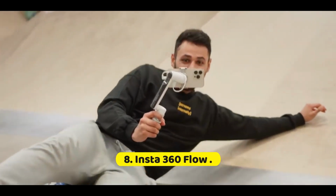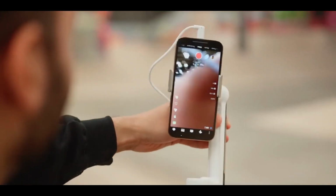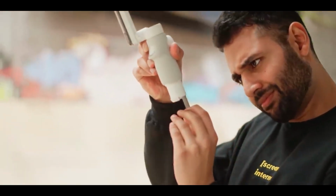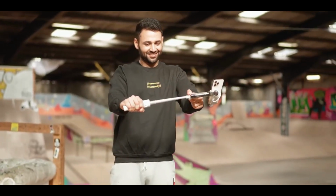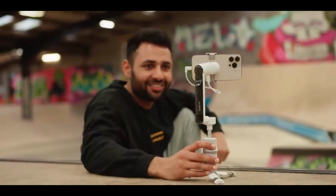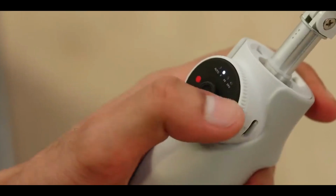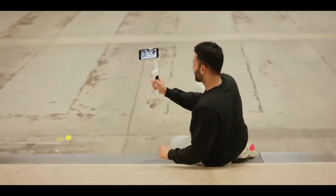8. Insta360 Flow. DJI and GADGET dominate the smartphone gimbal space, but Insta360 knows action video forward, backward, and in hyperlapse. The Insta360 Flow gimbal, $159, sees the 360-degree action camera company expand beyond its core market into the phone space. The Flow relies on AI to help accurately track subjects when recording and goes head-to-head with models like the